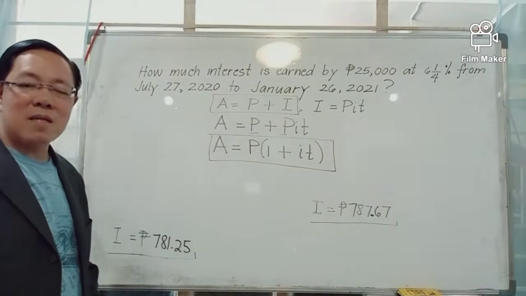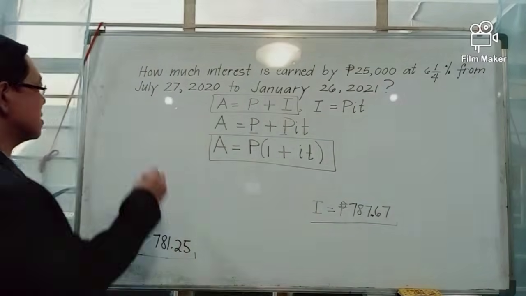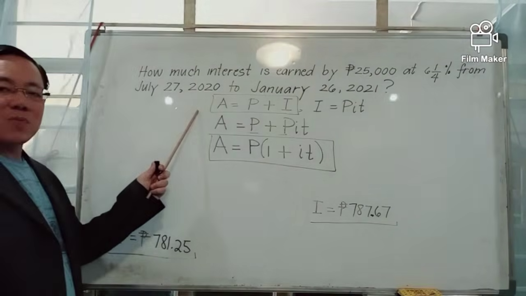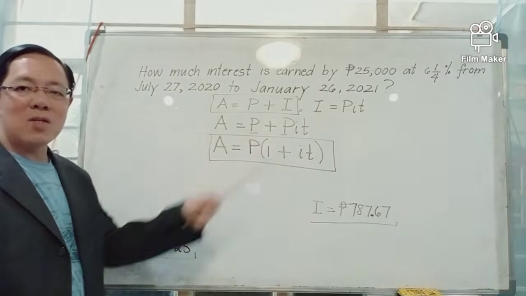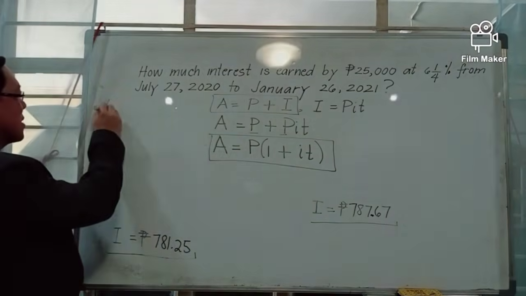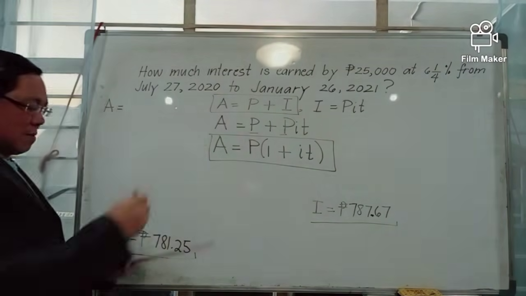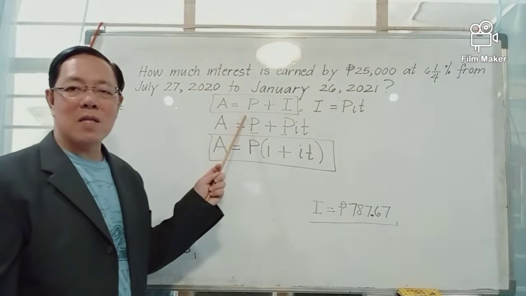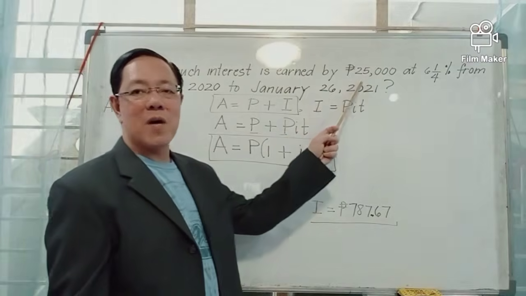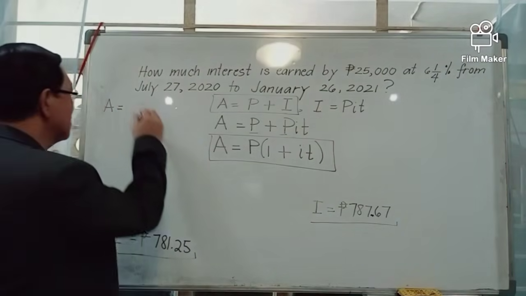Using the approximate time, to find the total amount to be paid, we use the first formula because we already know the amount of interest. Capital A equals total amount to be paid equals principal, the original amount borrowed,